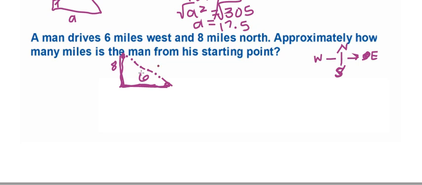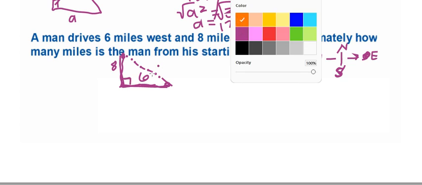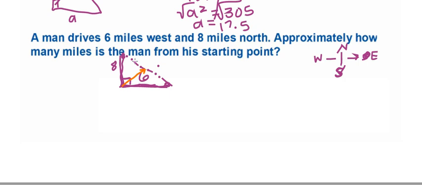So to find this distance, we're going to use the Pythagorean theorem. So if we went west and then north, that puts our right angle right here. So if I go across from that, this value, the distance home, is going to be our C value. So 6, let's make A, 8 B. Again, it doesn't matter which one is which. You do A squared plus B squared is equal to C squared. So A squared is going to be 6 squared plus B squared is going to be 8 squared